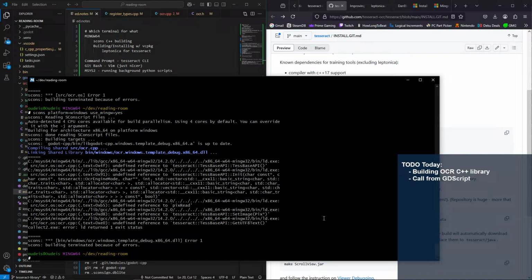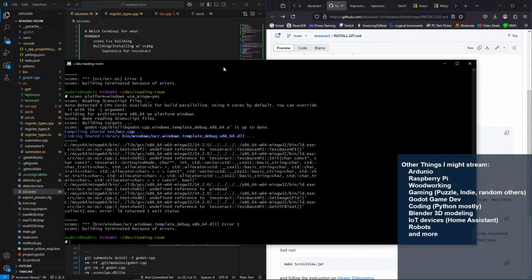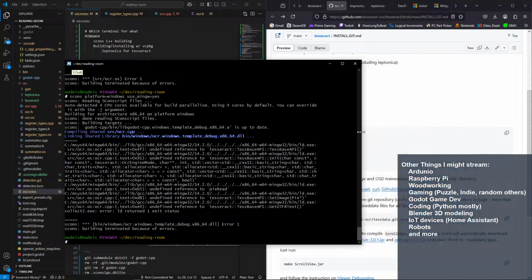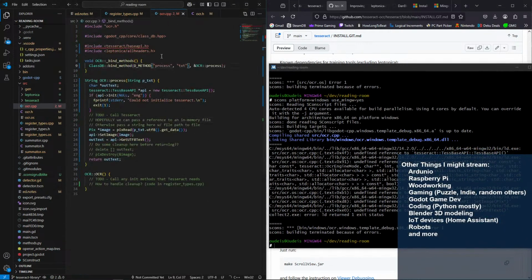So, compiling OCR.cpp, creating the linking the library. So we're running it. It runs undefined reference. Okay, I think I know what I need to do for this. In many ways, I think this is a simpler problem. So I think the core issue is